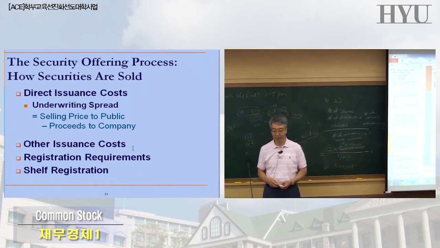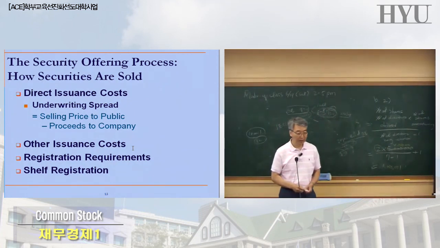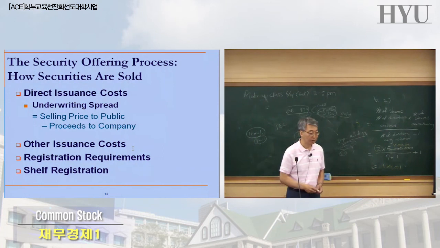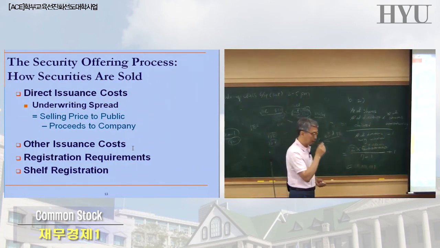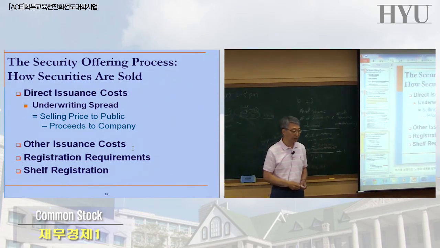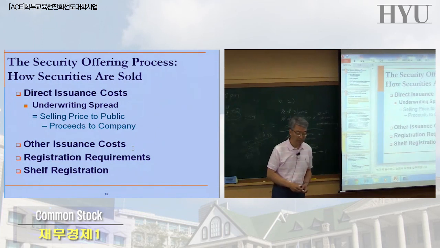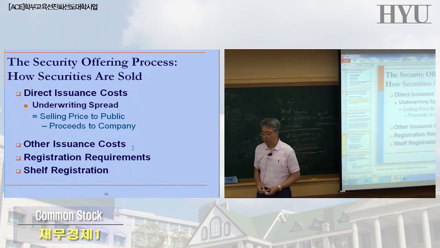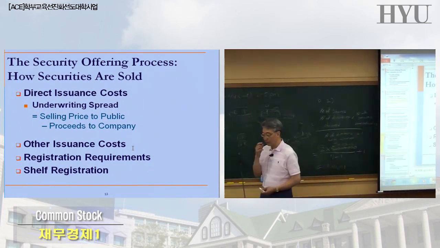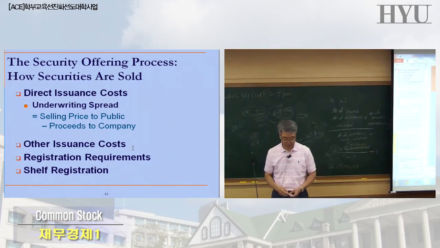Because if you set the price too high, then the actual stocks may not sell. You have a lot of remaining stocks, and then the public image will be damaged. This company tried to sell their initial public offering, but somehow people are not interested, and they didn't pay the price. Then this can be taken as a public assessment that the company is not that good. So that's a part of issuance cost, as I think the chapter mentions.